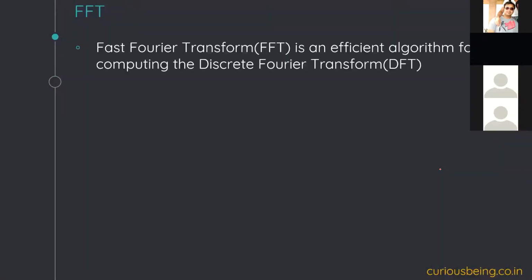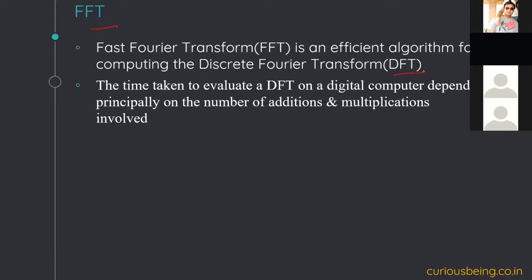So these are some details of the fast Fourier transform. The fast Fourier transform is not a new Fourier transform. This is point one. It is just an efficient algorithm to compute the DFT. Functionality-wise, it is similar to the DFT. But if I go by the DFT way of computing my Fourier transform, it will take more time, while the FFT will take a lesser amount of time.